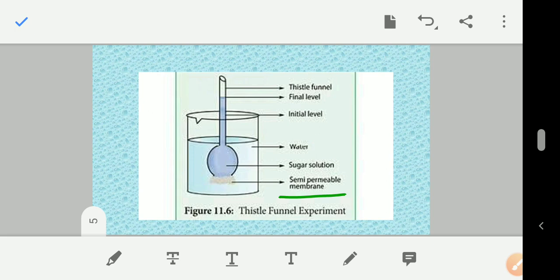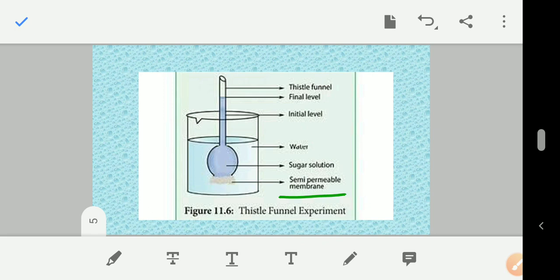Now in this question, what is a semi-permeable membrane? A semi-permeable membrane is the membrane which allows only solvent molecules to pass. Name the physiological process occurring in this diagram. Osmosis. You may write endosmosis, that's not an issue. Sugar solution, hypertonic. Water, hypotonic solution. If we compare it with a plant, then the sugar solution will compare to the cell sap of a plant.